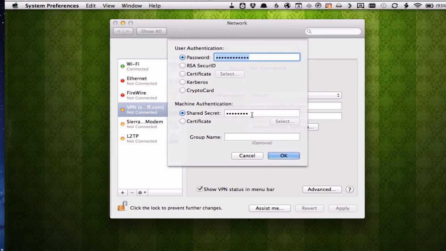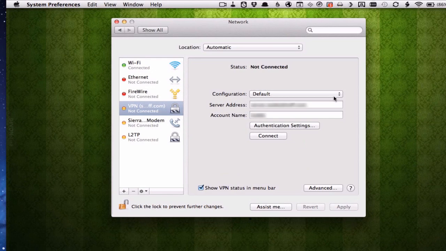So you want to type your shared secret in there that we had configured over in the server settings, right? Remember when I told you about that? That it had to be a particular length, don't put in apostrophes and those kinds of things. That's what you would put in right there. Then you would click OK and you're all set and you're done. All right, and then you're ready to go. Okay, and now once you've got that set up,